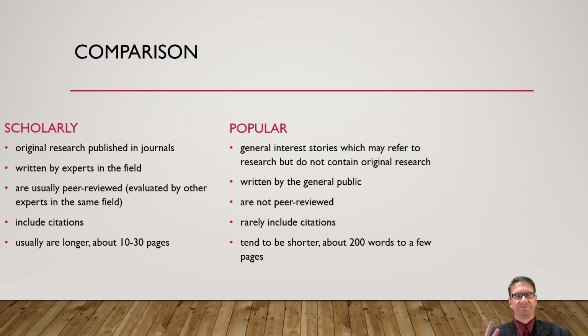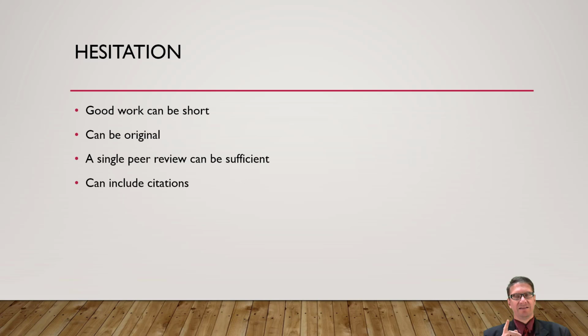Popular articles, on the other hand, are written for anybody to read. So the technical language and the jargon is toned right down. Some of the difficult details are glossed over. There's no peer review necessarily. There won't be any references. They're there just to provide some information. And they tend to be short, a couple of hundred words to a few pages. So you have essentially the experts writing for experts, and then you have a general population writing for a more general population. I do not mean to say don't read popular articles.